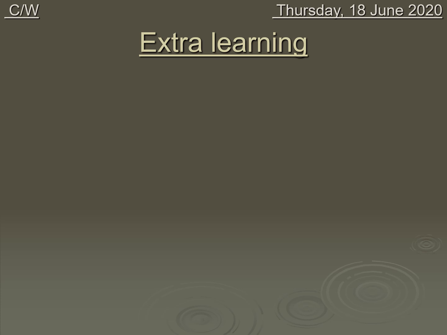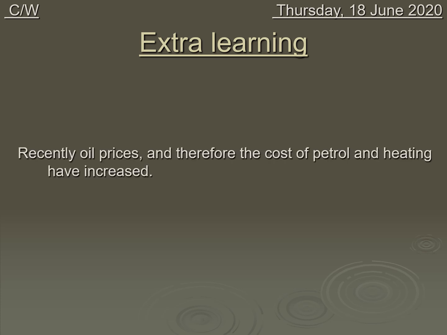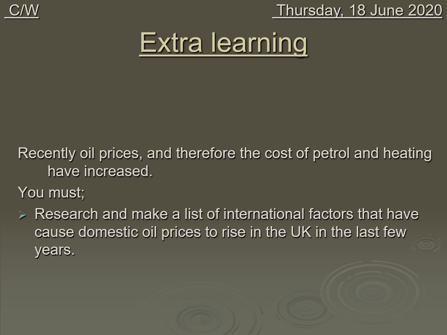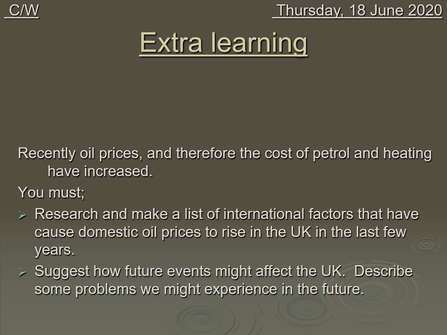You don't need to include a risk assessment for the testing of the alkenes. Bromine water is horrible, just that'll do. That's definitely a teacher-only thing. So if you want to have a go at this one instead, feel free to do so. And it's to do with oil prices and factors that might affect oil supplies to the UK. But I think actually the one about the practical is probably a bit more interesting.